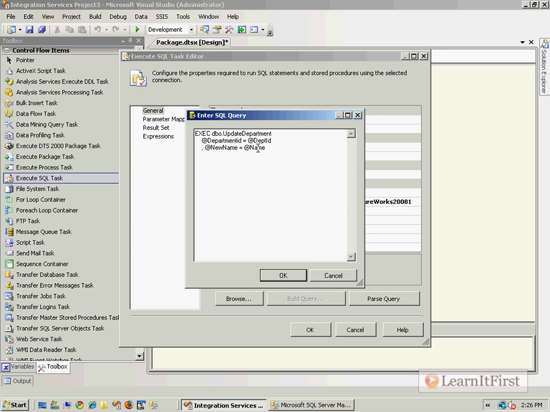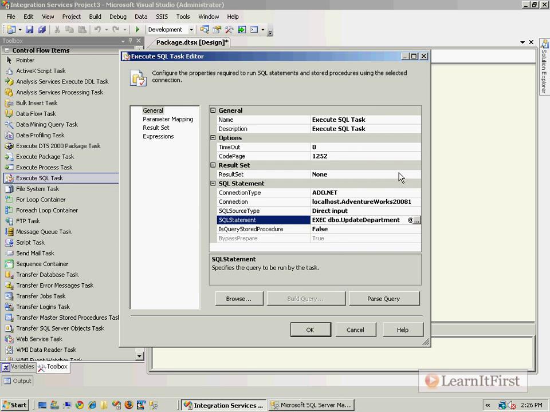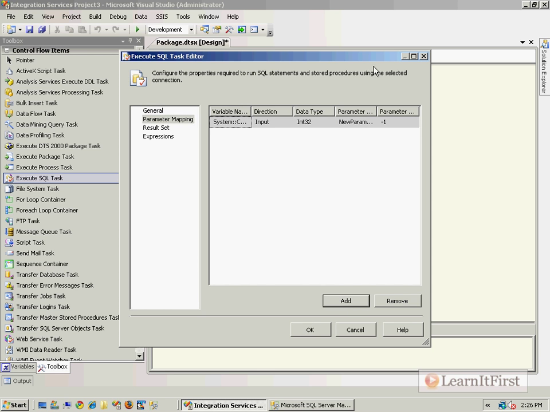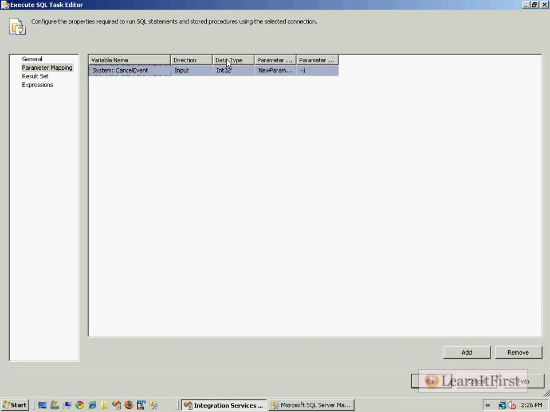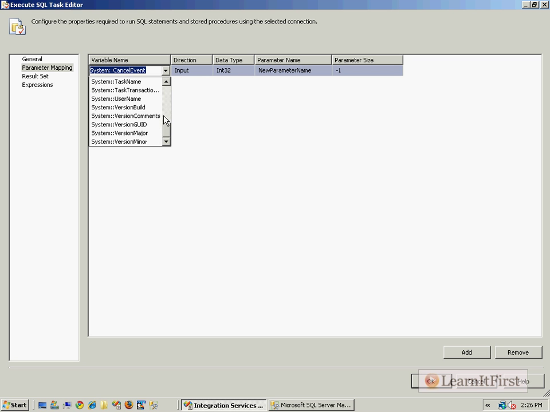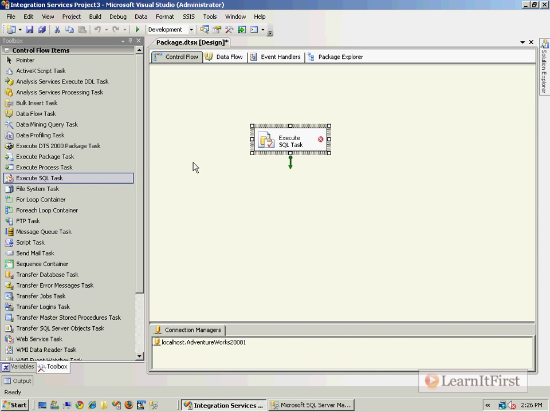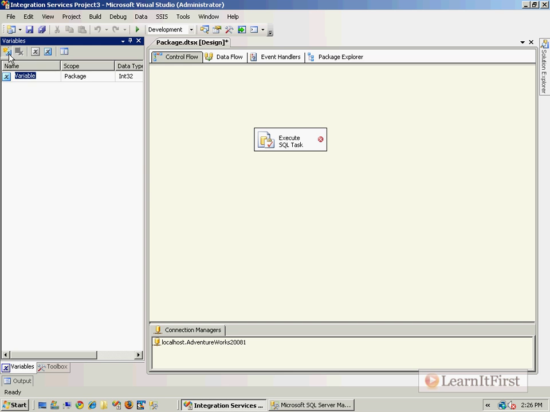So I need to know this. I need to know that I named them name and department ID, because when I go to my parameter mapping and I assign my variables in this screen, you inevitably have to always move everything around so you can actually see anything useful. Oops, that was a different package. I need to create my variables, don't I? Sorry. Department ID is an int and it's 5, and it needs to be int 16 if you'll remember,